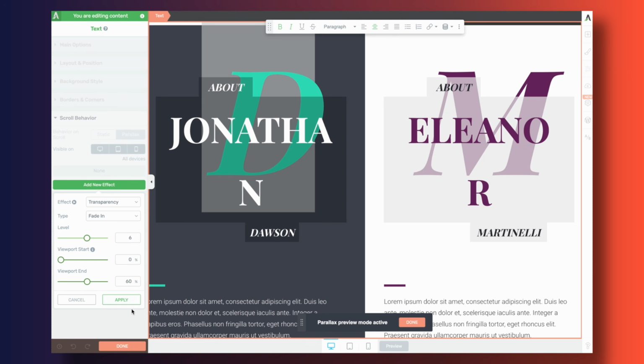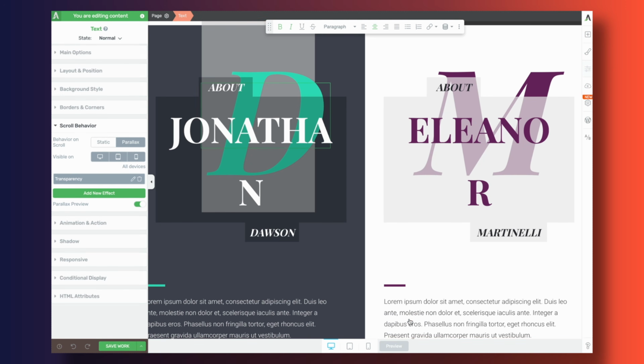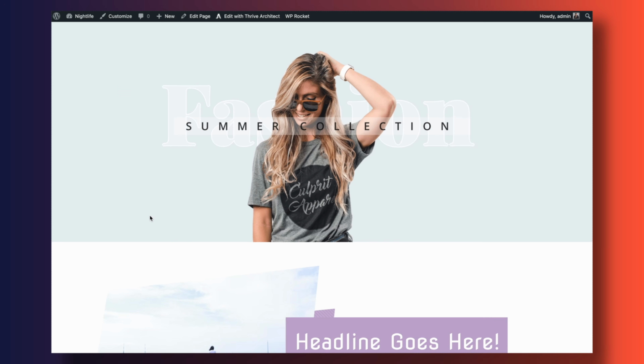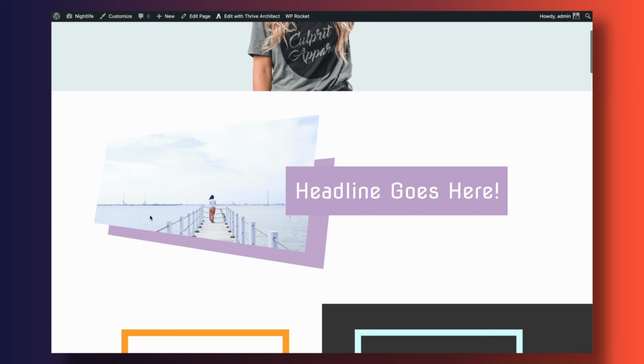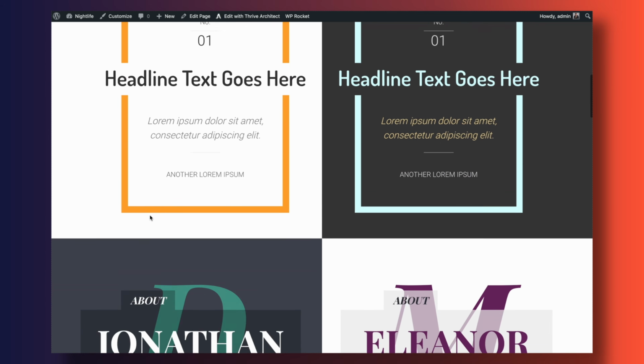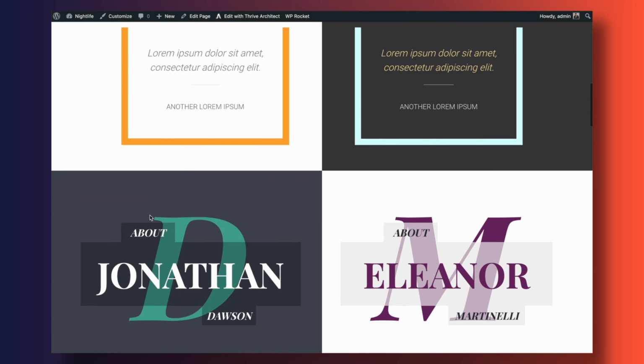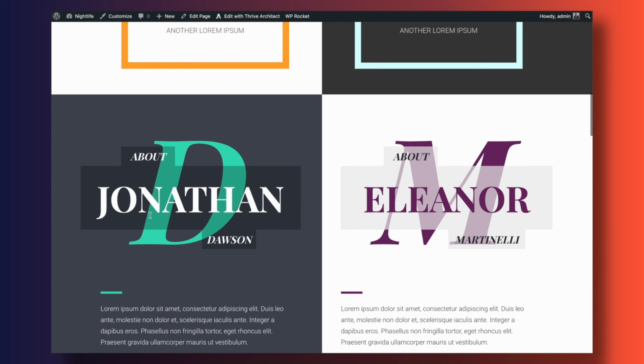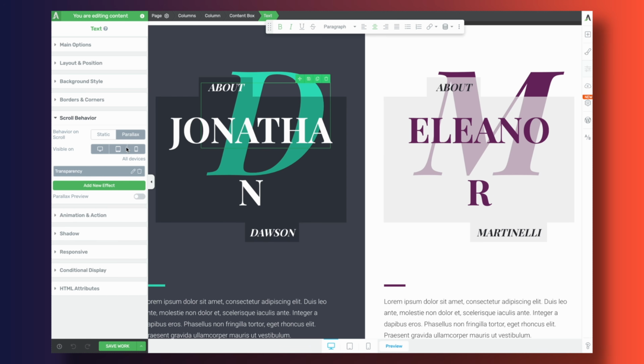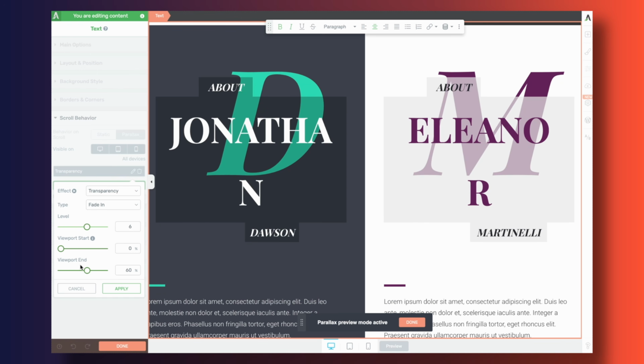Let's see what that looks like. Okay, this is parallax effect number 1, and as we scroll down the page, our letter D sort of reveals itself. It's not very noticeable, so I have a feeling that if we perhaps make the effect start, actually let's have it start at 0, but let's have it end at 80%, maybe even 90%,